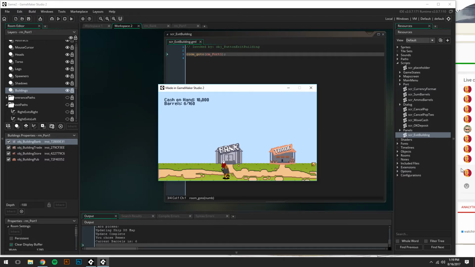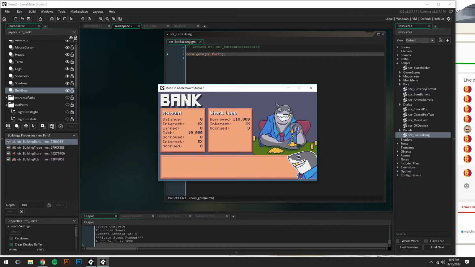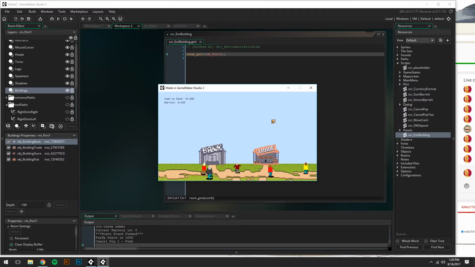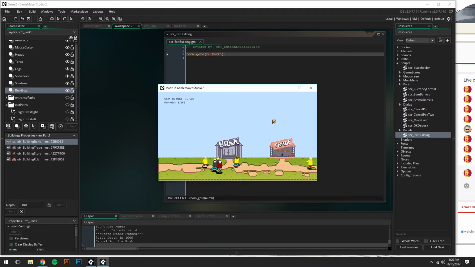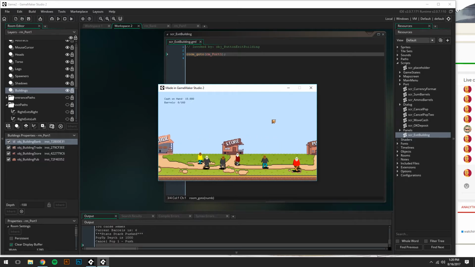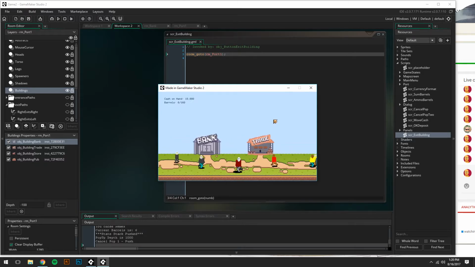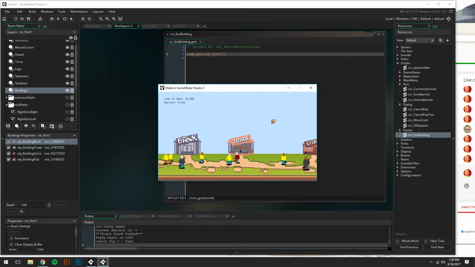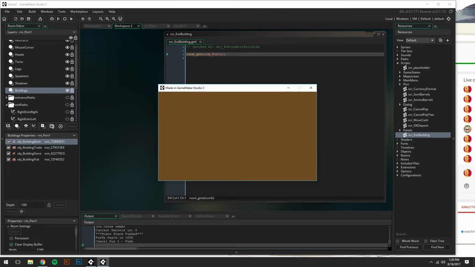So, let's go to the bank. Cool. Yeah, alright, we'll talk to the shark. Our exit button shows up. That thing should probably have its own intro animation or whatever, but who cares? We're gonna repay, I don't know, $5,000 from our shark loan, and then exit. Look at that. Now we're back in front of the bank. Get out of the way. God, what crappy programming skills and crappy art. Okay, yeah, and then trade and screen goes brown. Okay,